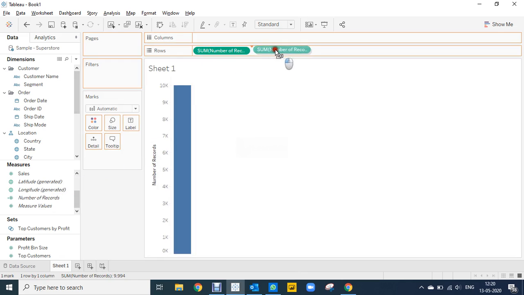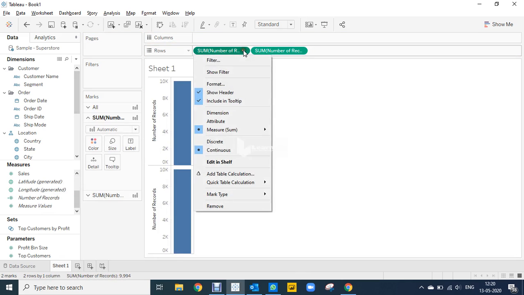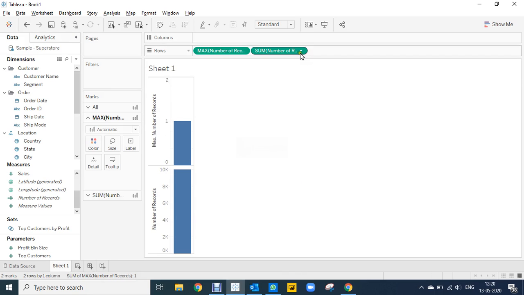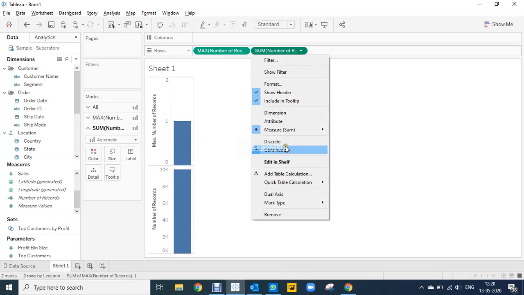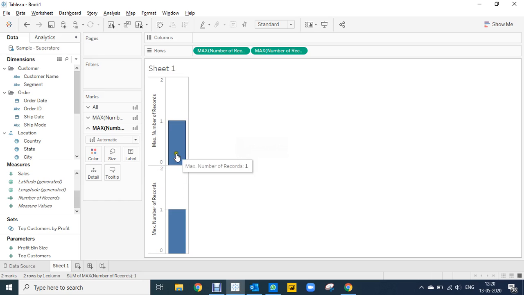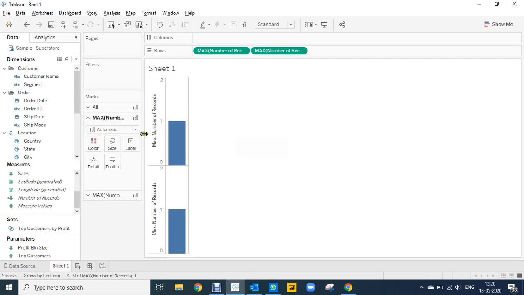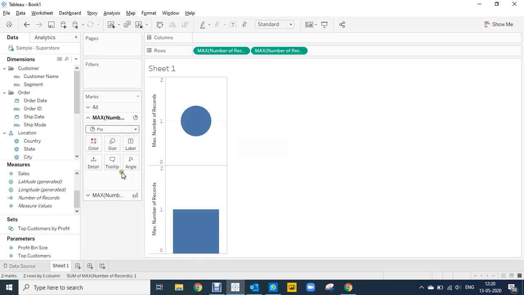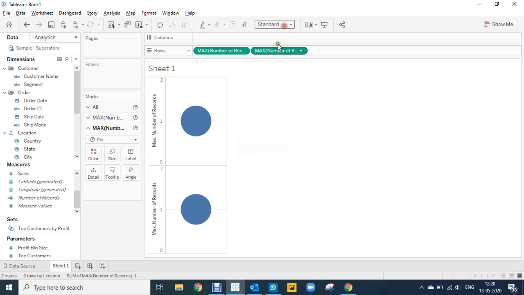Make it maximum, measure maximum, this one as well, maximum. Convert both the charts into pie chart. Go to first mark, pie chart, the second one, pie chart, make it a little bigger, entire view.